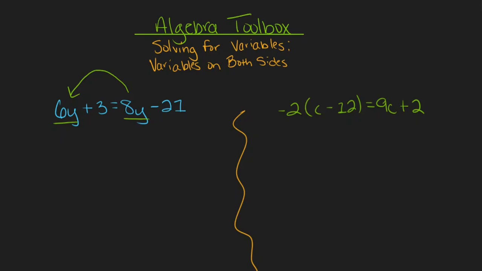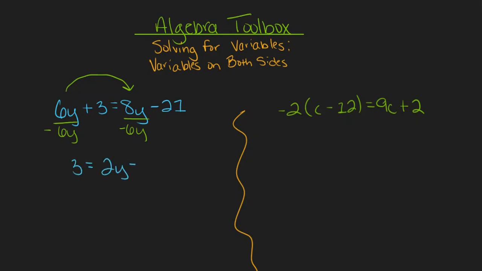So in this case, I see that if I choose to move the 6y toward the 8y, because I'm going to have to use subtraction to move that 6y over since we're starting with a positive 6y, that tells me that when I subtract 6y from the right side as well to maintain my balance, I'm still going to end up with a positive number of y over there. And that is exactly what I want. It's just what I'm more comfortable with. So I'll go ahead and make that choice and subtract 6y from both sides,